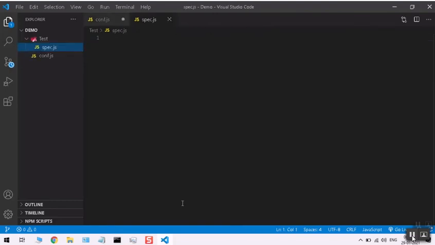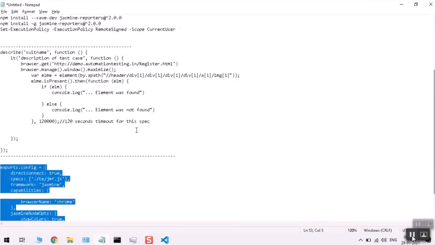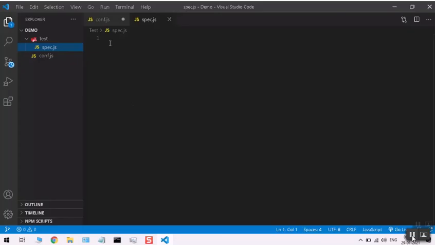Here we will use the Jasmine framework. So let's copy and paste it there. It's a very simple program only.